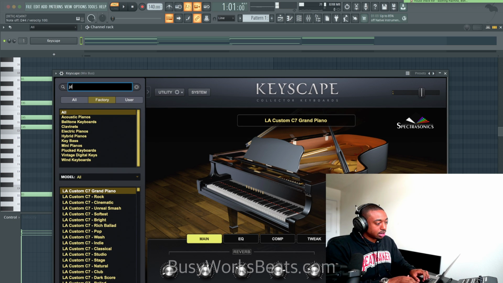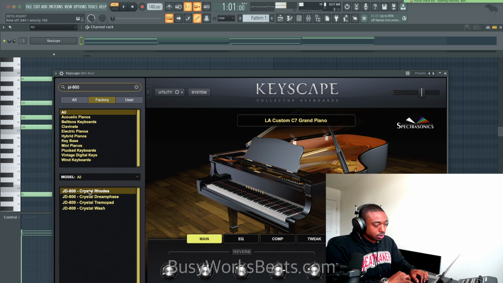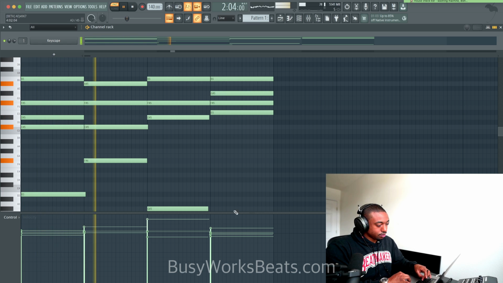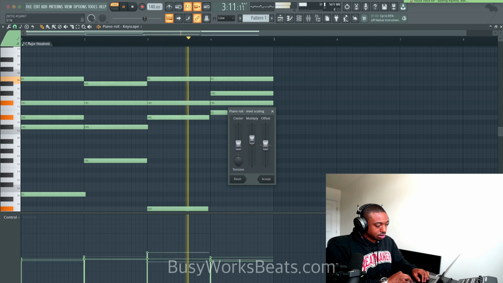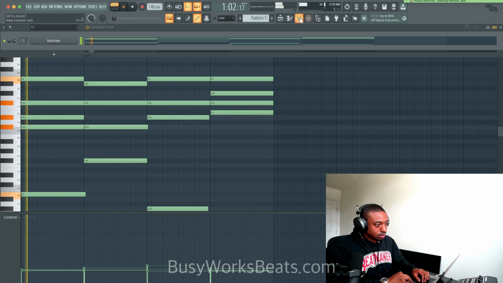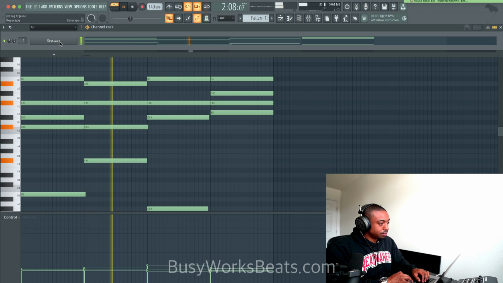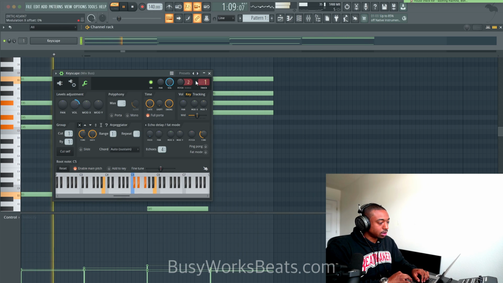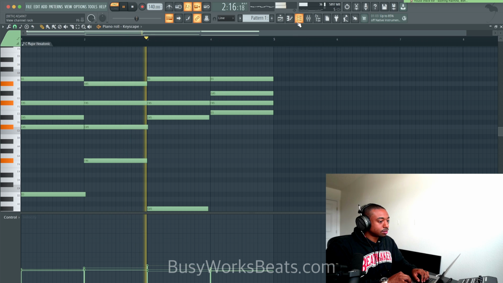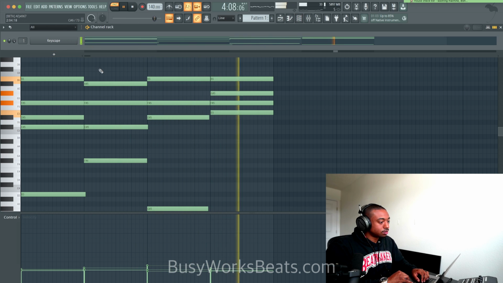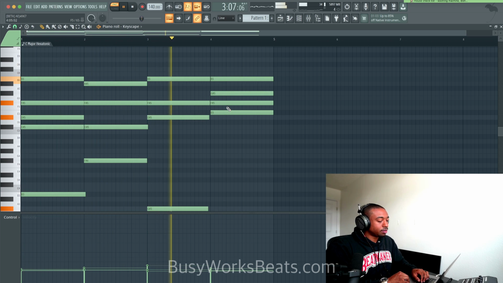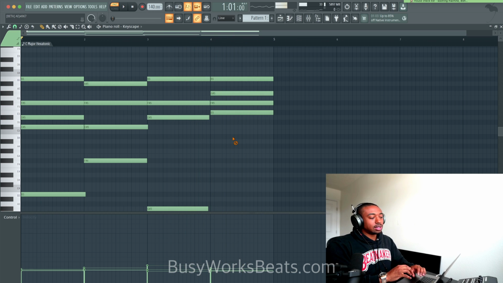So shout out to ImageLine. And again, you guys saw the real deal of how it actually works. Let me switch out the sound just to... Now let's play a lower velocity. So this is how I would play it in a real song with a lower velocity. It's a pretty cool chord progression. Something I wouldn't do naturally. So that's what it is for me, just getting outside of my routine.